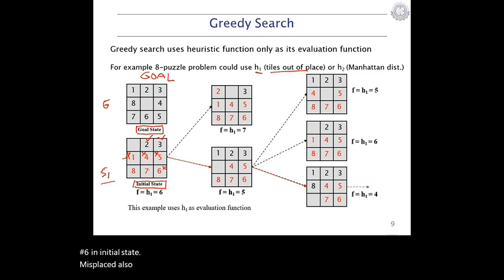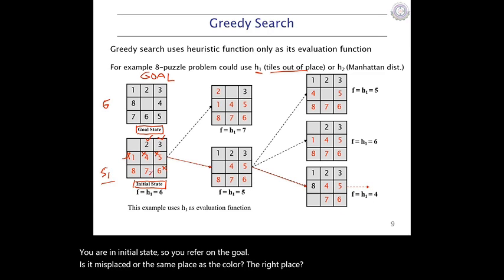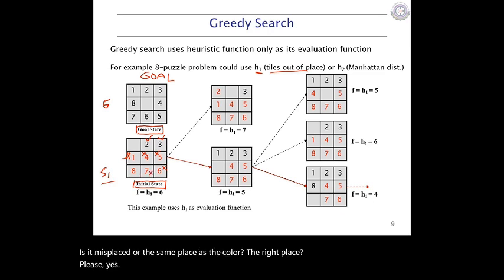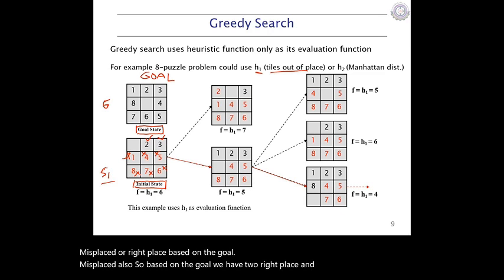And number 7 here in the initial state. You refer to the goal. Is it misplaced or the same place as the goal? Misplaced. And how about tile number 8? Misplaced or right place based on the goal state? Misplaced also. So based on the goal, we have 2 right place and 6 misplaced, out of place,